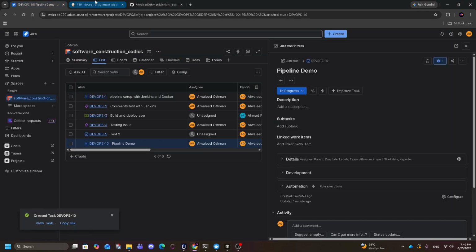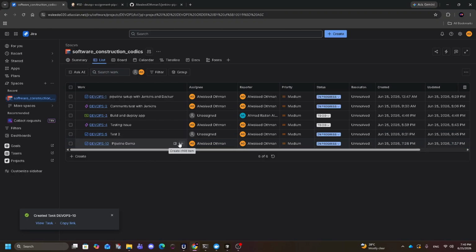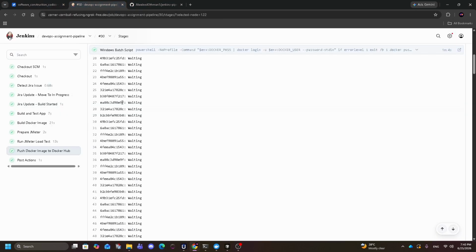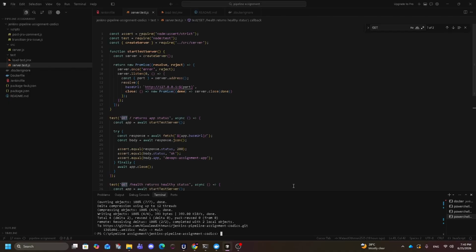So to conclude, we have the workflow starting from the Jira task, where we create a task, and the task is then connected to Jenkins and then Jenkins is connected to the GitHub repository, so that whenever we push, Jenkins automatically runs the pipeline script and runs the pipeline, which runs the different stages, which involves building, testing the app, building the Docker image, and pushing the Docker image, as well as